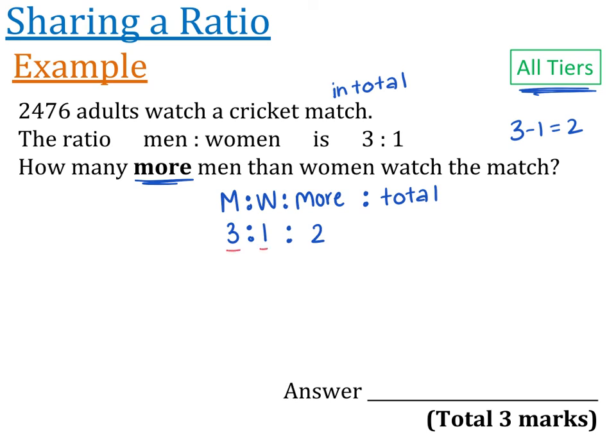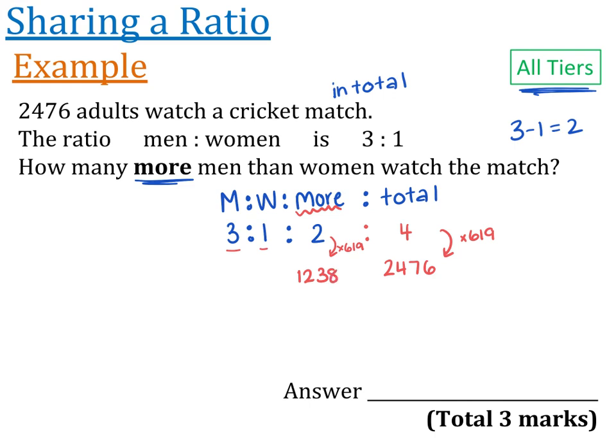What is the total of 3 and 1? 3 and 1 makes 4, but they told me in the question the total was 2,476. So now I need to find out, how do I get from that one number to the other? So I'm going to go ahead and divide that. 2,476 divided by 4 is 619. So I can also multiply this 2 by 619, and that's going to tell me how many more are there. So 2 times 619 is